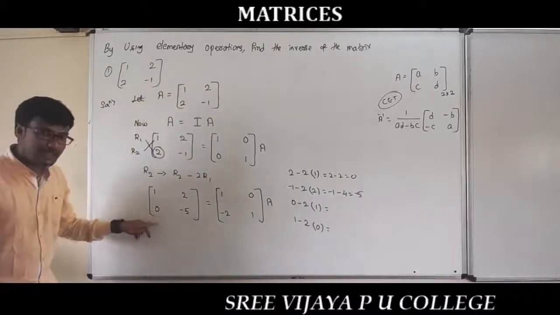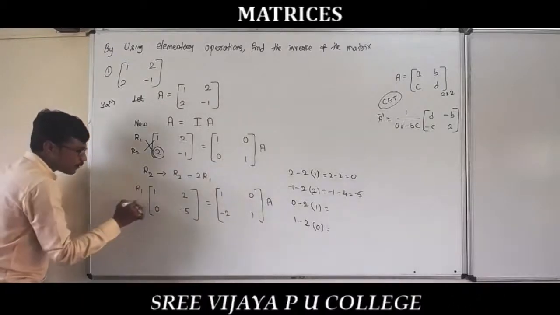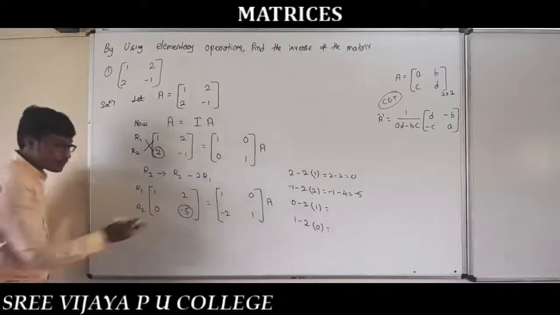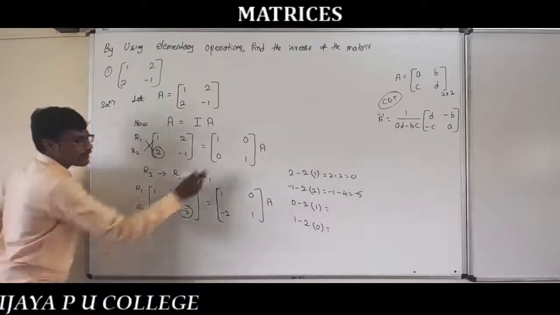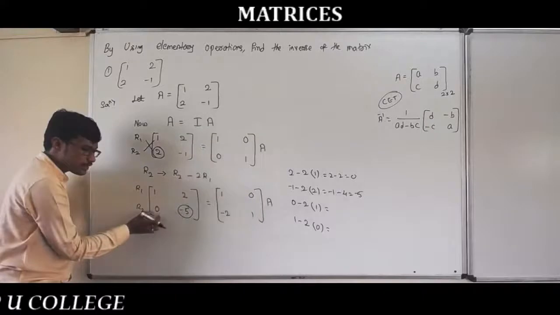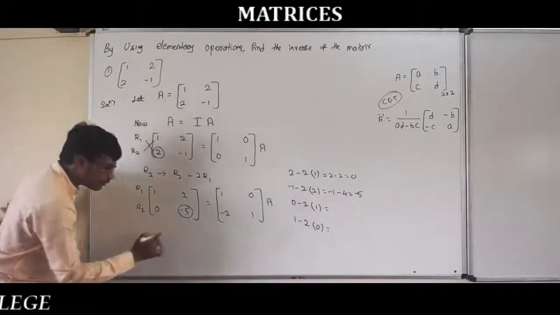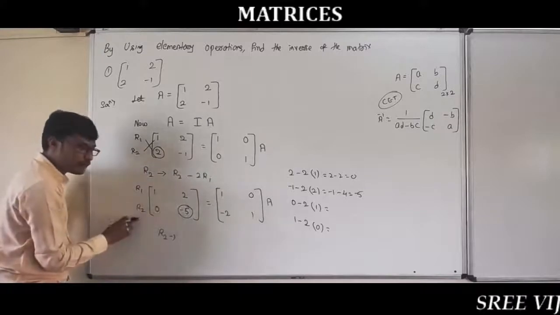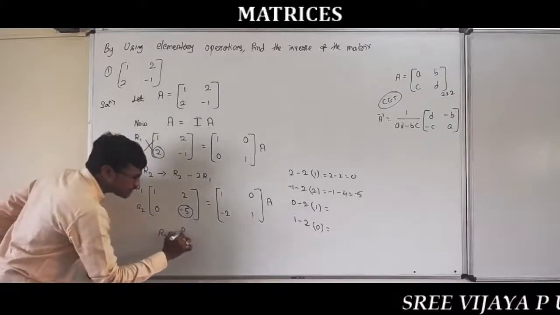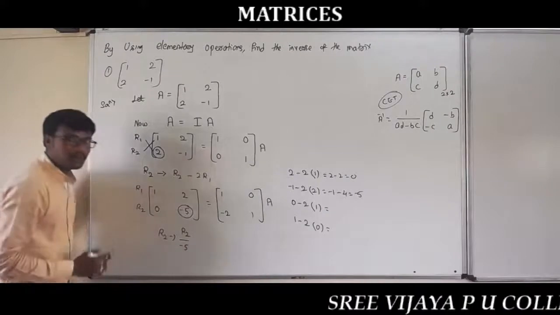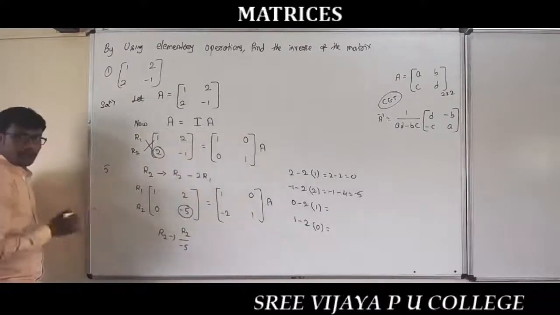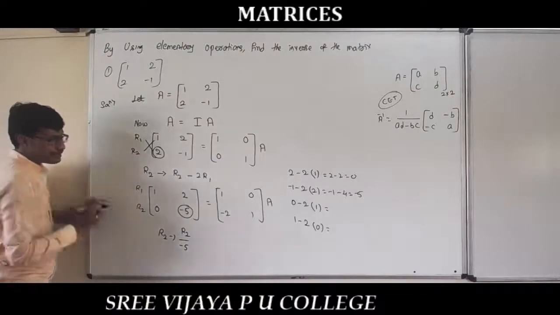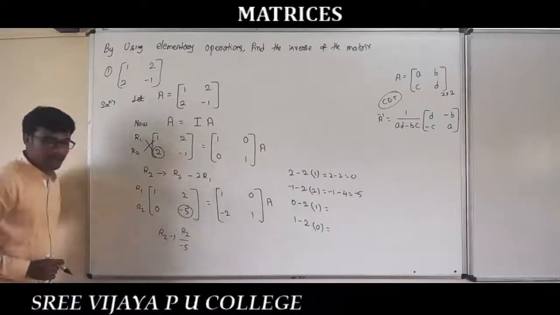So like this you can continue. Now you got this 0 right there. Now, R1 and R2. What we should do is make it a 1. So 0, 1 right there, it becomes 0, it becomes 1, already 0. To make it a 1, what can we do? That minus 5 is in R2. To make it a 1, just divide by minus 5. Any number divided by itself gives 1 only. So for this, because it is in R2, that's R2 divided by minus 5.